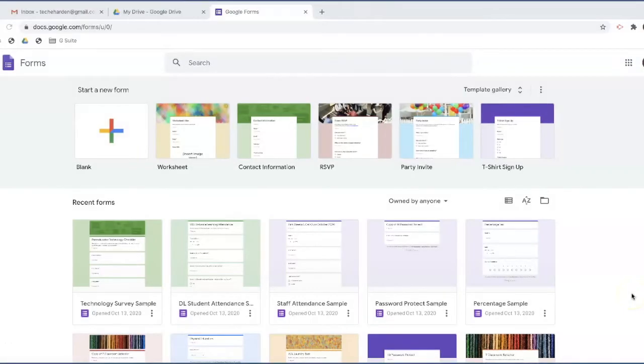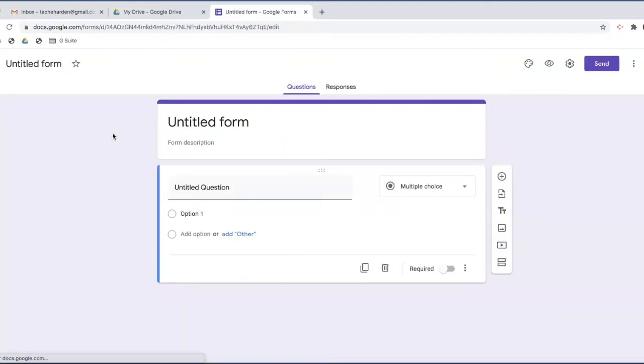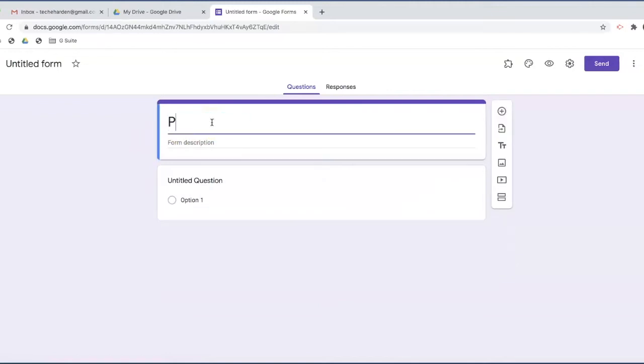On my screen, we are logged into my Google Drive and ready to create a new Google form. So I'm going to click to have a blank form. And this will be the form that we use as our demonstration for password protecting a document. So I will just call it that. Password protect